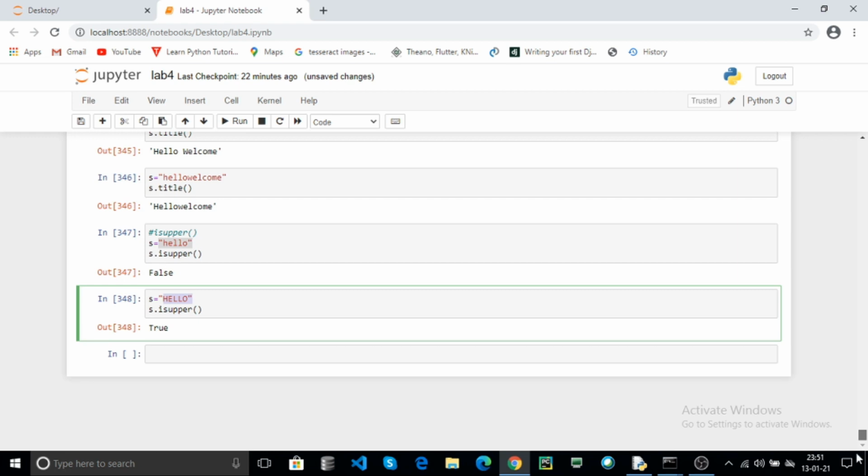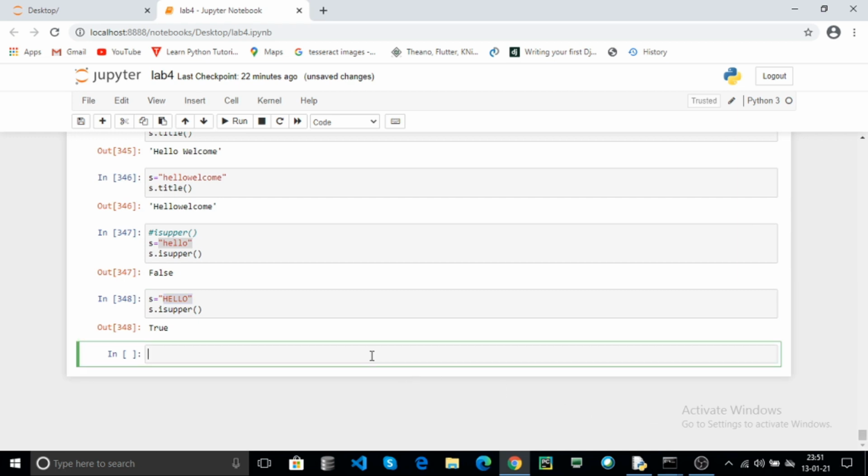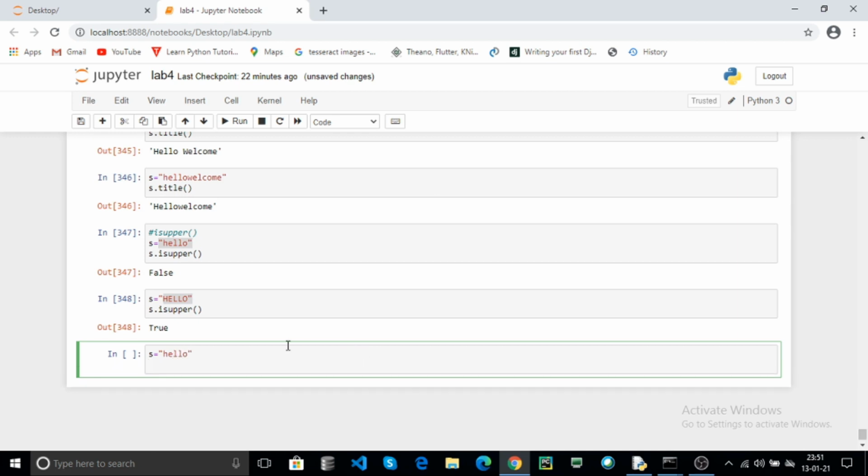Here is the join. Here your string contains, for example, hello. Use the join and pass your string object. For example, your string must be joined with any character. You can specify here, for example, @ click on the run.